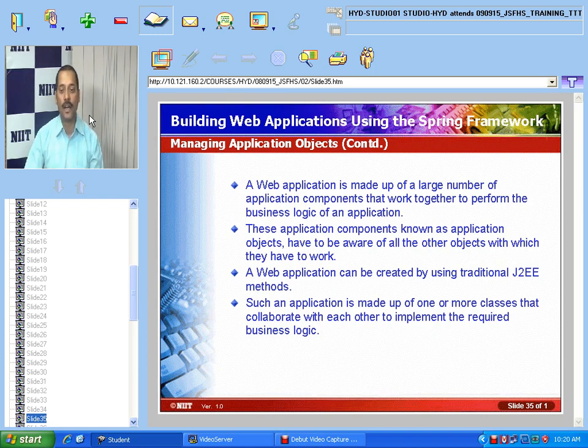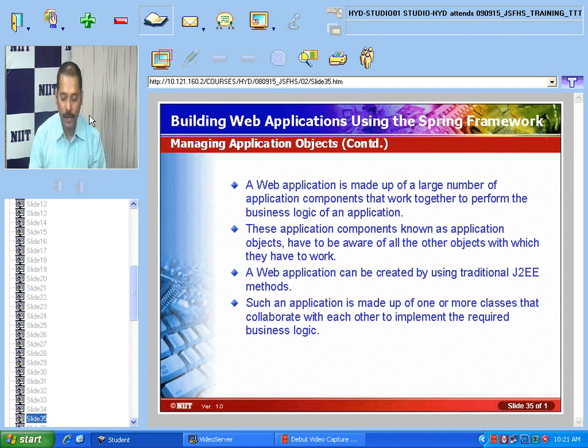And obviously each class will contain its own reference or dependencies to the other objects that it will collaborate with. And this results in a tightly coupled architecture. This is the tightly coupled architecture which I want to talk about. So let me give the reason about tightly coupled architecture and loosely coupled architecture also. Yesterday also we were discussing the same.